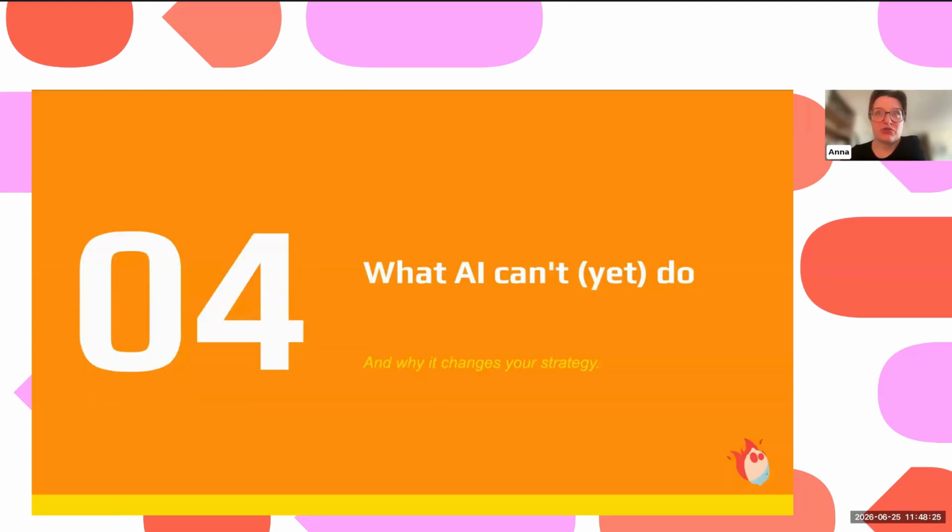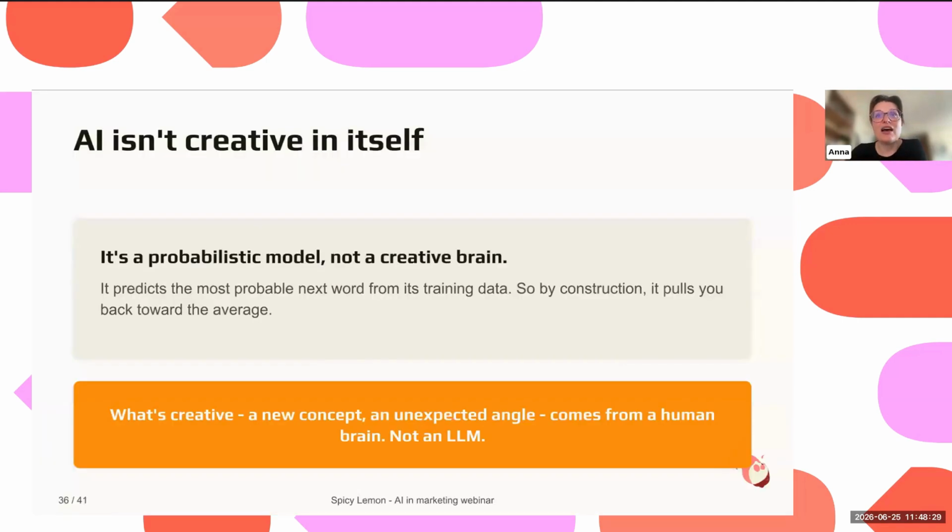But now, we didn't want to talk about what AI can do yet, because I have so many questions about this. AI is never creative by itself. I had some companies asking me, could we use it as a creative sparring partner to help us do more creative concepts?